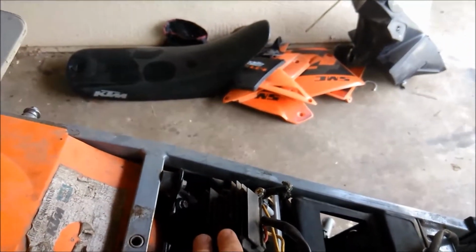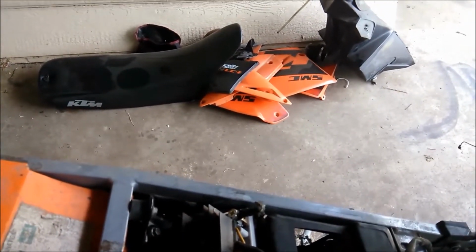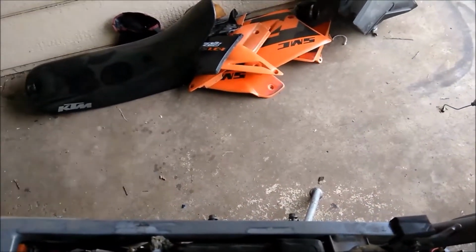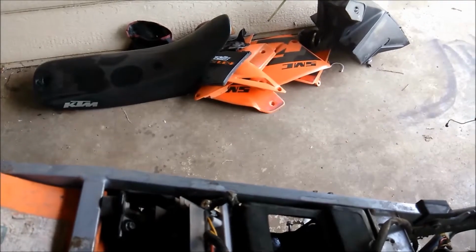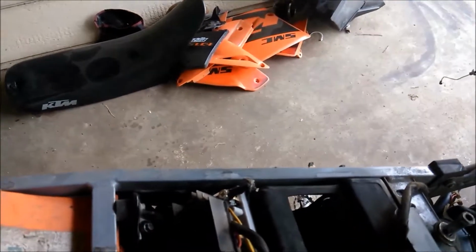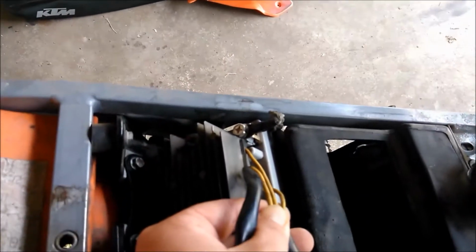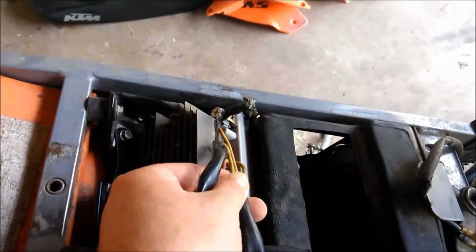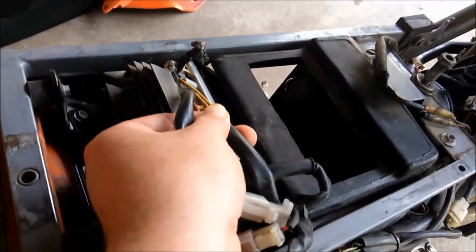The first test I'm going to do is the forward biased and a reverse biased on the positive side. The way I'm going to do that is I'm going to take my multimeter and test my wires. I connect the negative lead on my multimeter to the positive on the rectifier, and then take the positive lead and work it to each one of these yellow wires. I should get back a reading of 0.3 to 0.5 DC,